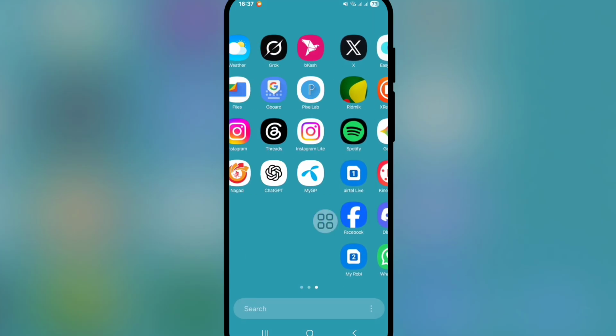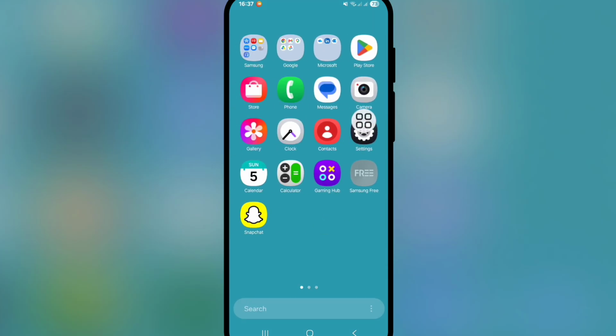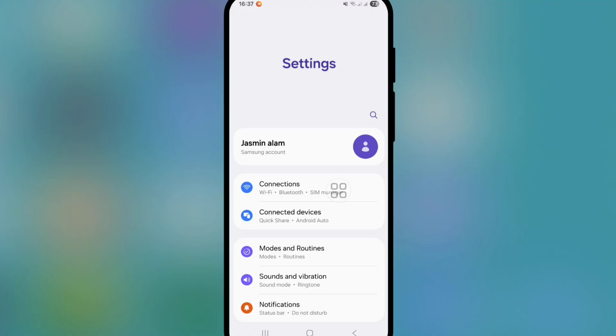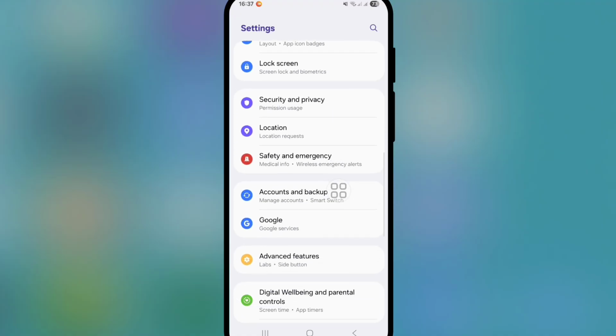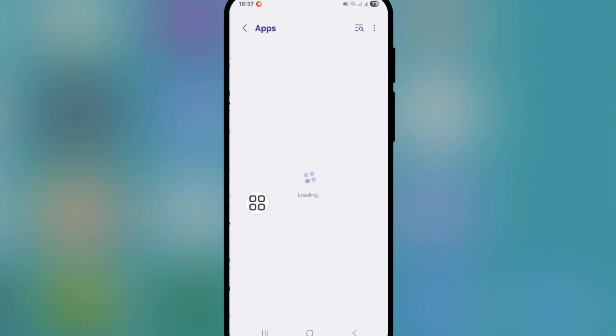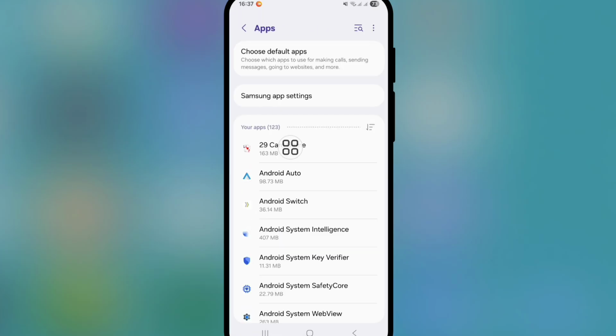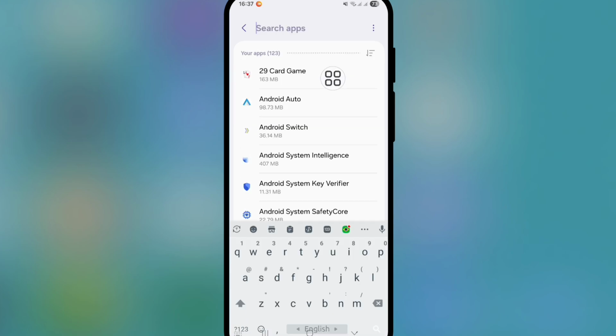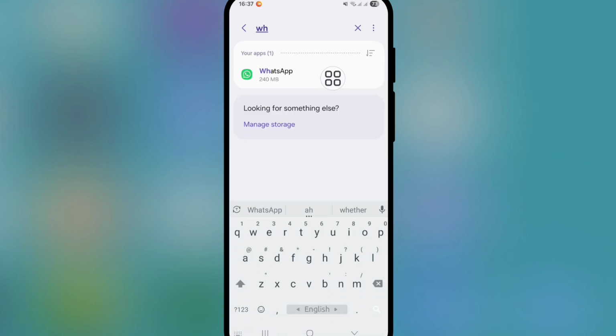For fixing this problem, first of all, go to the settings option, and then scroll down, go to the apps or app management option. Now click on search app and search for WhatsApp. Click on WhatsApp